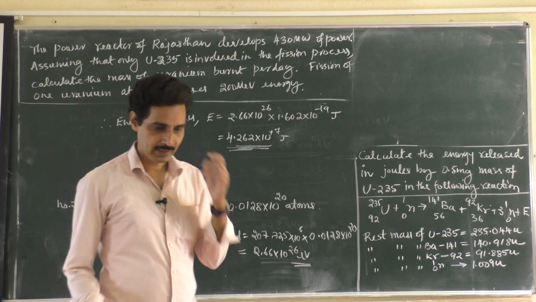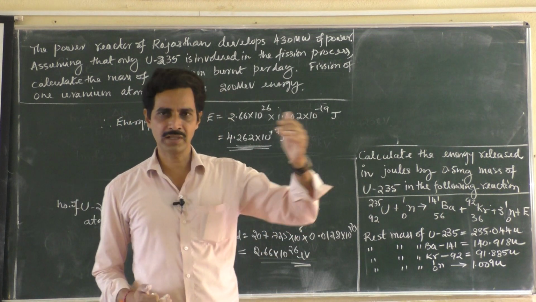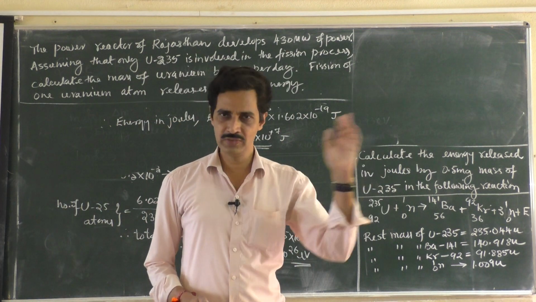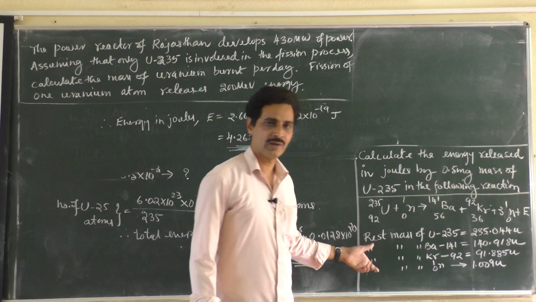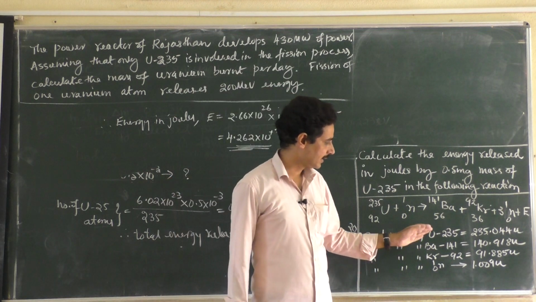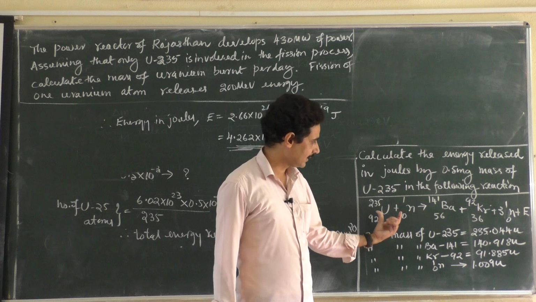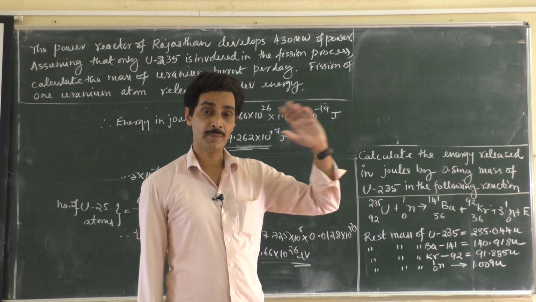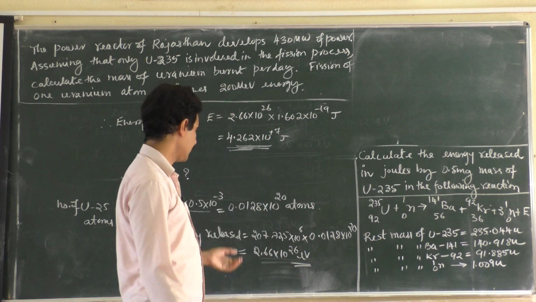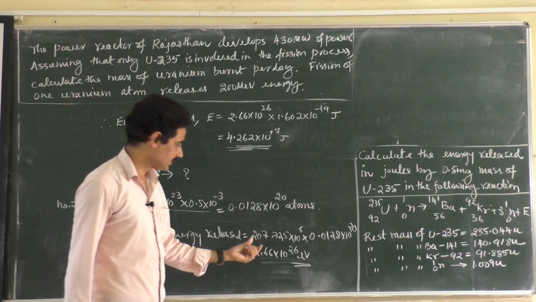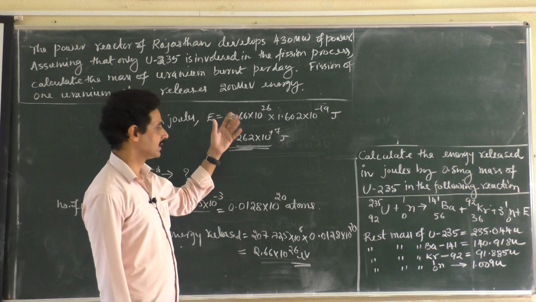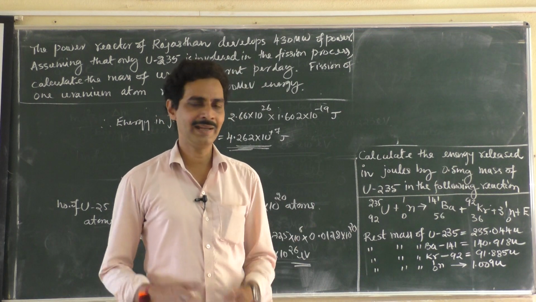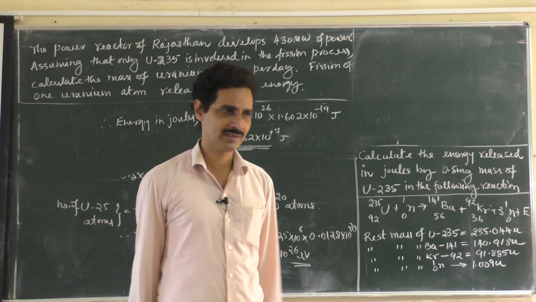So you should have an idea, and you should have a flow chart. What you have to do? See, you are given mass. Find out how many atoms are there, so many fissions will occur. Find out the energy released in one fission, by calculating the mass of reactants and the mass of products, that difference. Convert it into energy. Then you are ready with the number of fissions. Multiply them, convert it into joules. Process is longer, but actually it is very simple to calculate all these things. Addition, subtraction, multiplication, division, only that much is involved.